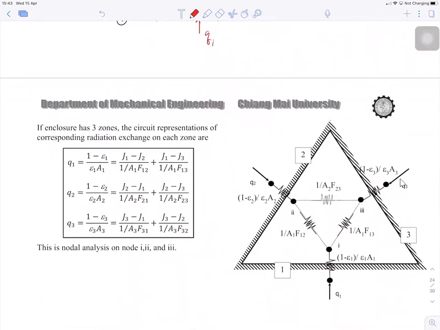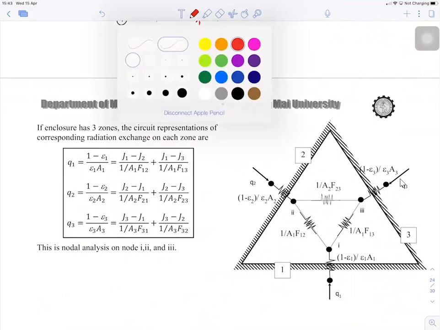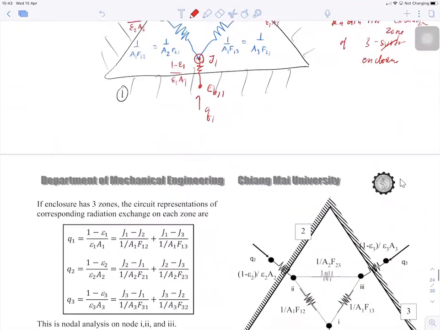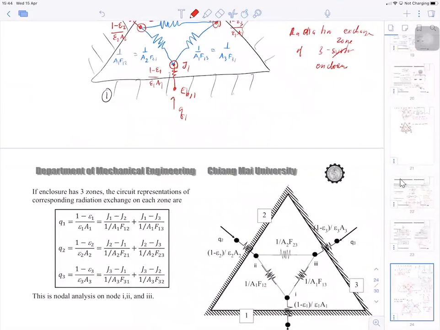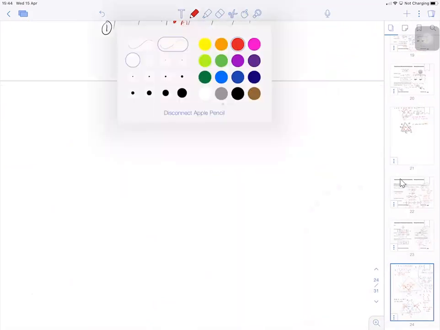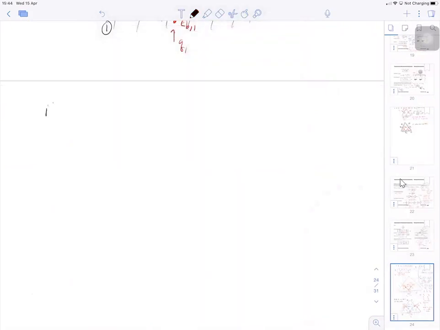Let me remind you that if we understand this, if we started out from the surface, let's say if somebody said to you, let me add some page. Okay. If they say, if you have a three zone enclosure